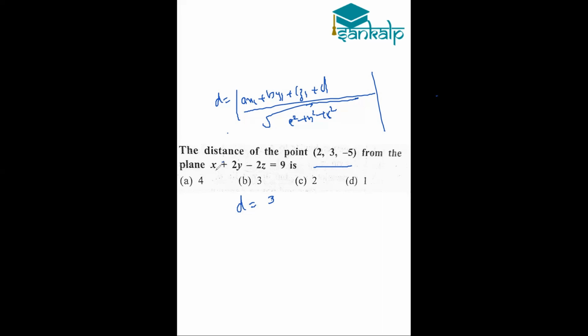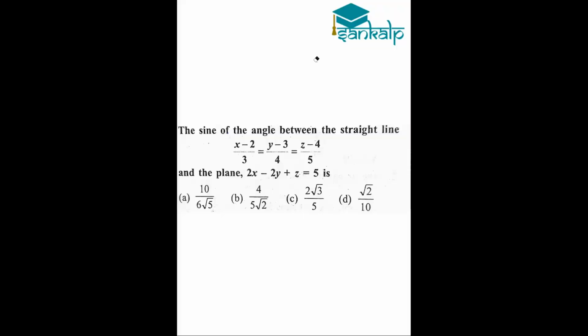So next question. The next question is: the sine of the angle between the straight line (x minus 2)/3 equals (y minus 3)/4 equals (z minus 4)/5, and the plane 2x minus 2y plus z equal to 5 is. Here we are using the formula for the angle between the plane and the line, which is given by